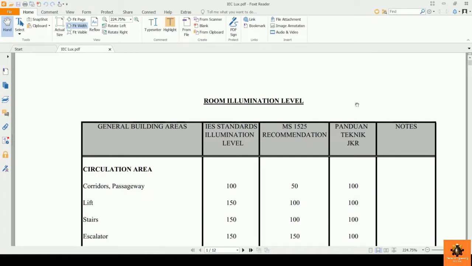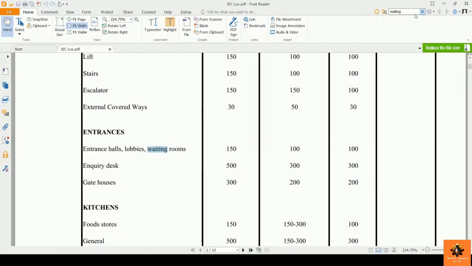Very good. Now, as our design is a waiting room, we need to search for a waiting room on this code to get its corresponding lux value. For that, we can type "waiting" on the search bar and press enter. That's it. You can see here we have the waiting room under the entrance category, and its average lux value is 150 lux. So this is for the waiting rooms, or for the lobbies, or for the entrance halls. All of them have the same average lux value of 150 lux,